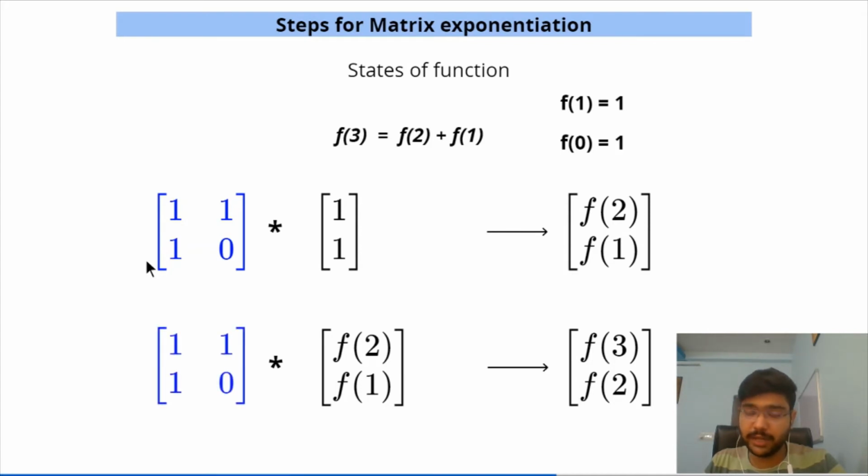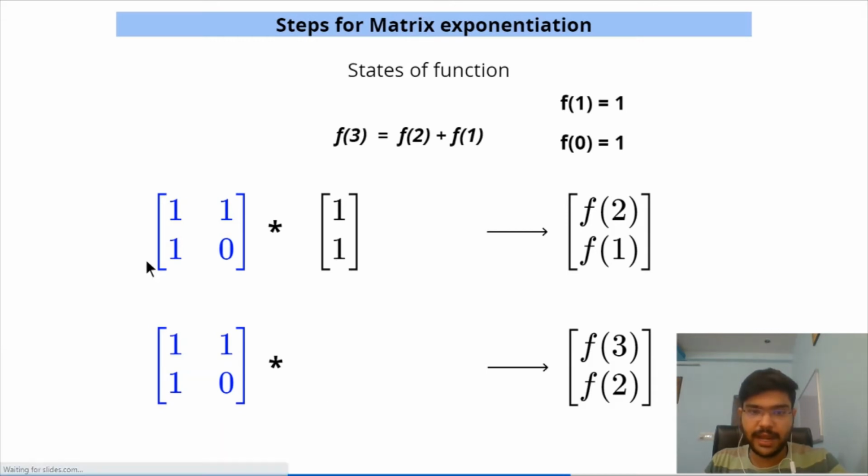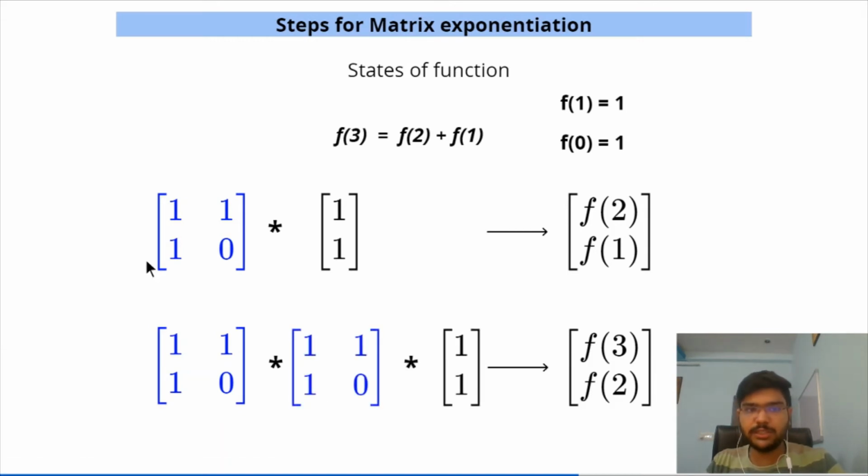We can also calculate it to find that it will result in the same matrix, right? And f of 2 and f of 1 we will just copy from the previous equation, right? That is [1 1; 1 0] times [1; 1]. So we'll copy this out from the previous equation, and the M matrix is the same because this is the same function that we are calculating, right?